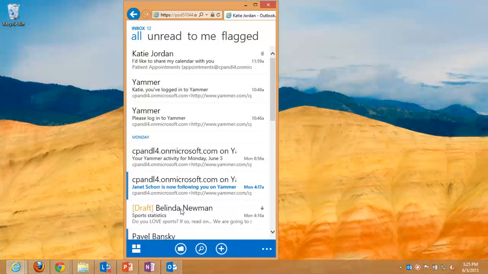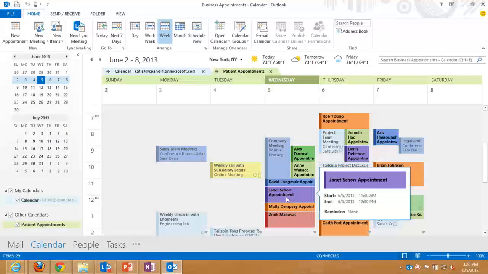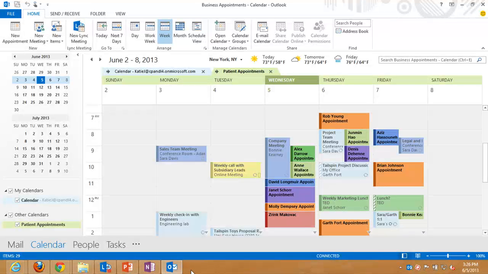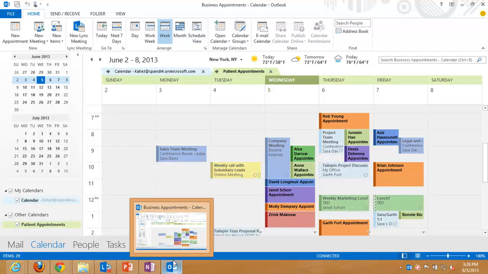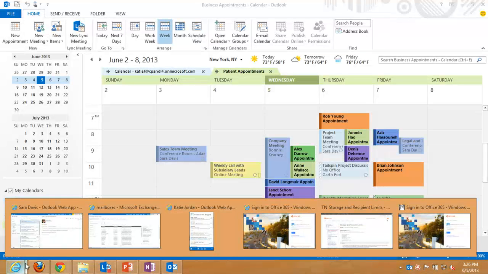So now let's talk a little bit about when we think about that sharing calendar and setting up the appointments. How did we consider setting that up? The main way is you could just share a calendar from one individual, but then they wouldn't have the ability to easily edit the calendar or allow multiple people to go in and make updates to the calendar. So if you had different admins or different people working the front desk every day, it would be difficult, or it'd have to be a shared account. So really, what you want to do is enable shared mailboxes for this. So I'll show you just what that looks like in the